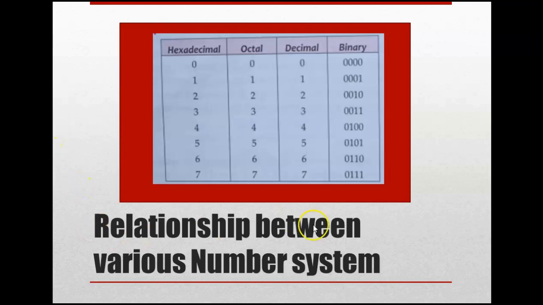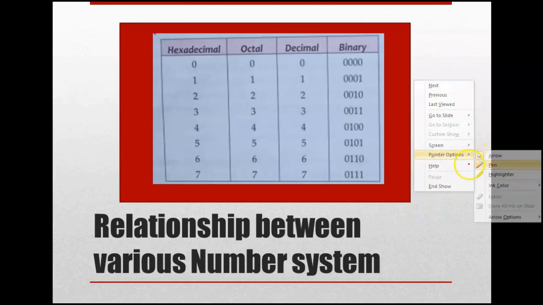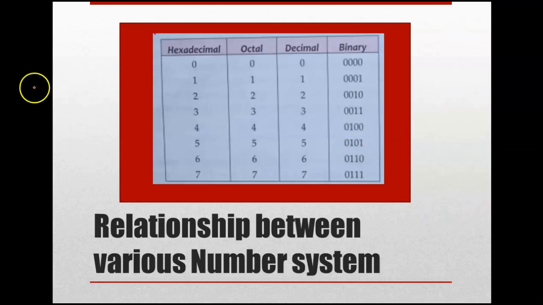Now the next is the relationship between the various number systems. How are all these numbers related to each other? By this table we will try to understand it. Please check it. This is the table in which we have 4 columns: hexadecimal is the first one, then octal, decimal and binary. For the first 8